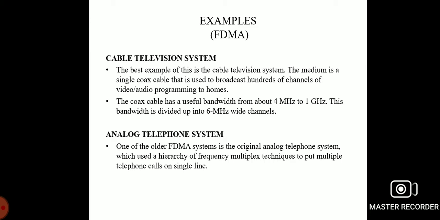So FDMA is divided into two different categories. Number one is fixed assignment multiple access. Number two, demand assignment multiple access. In fixed assignment multiple access, the link between the stations is pre-assigned. It is related to accessing the satellite link using different frequency bands by multiple stations. When the satellite receives a small channel, that is a 36 MHz bandwidth, it is translated into a range of frequency in the gigahertz range.